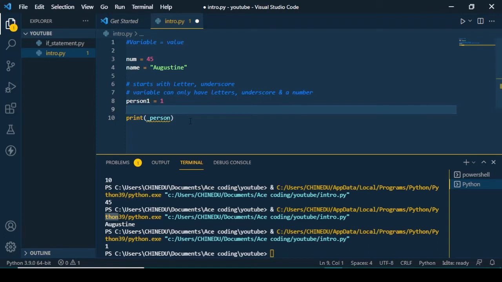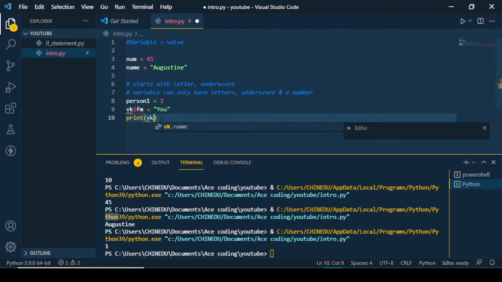It doesn't start with a number. So another thing, your variables can't contain symbols at all. They won't work even if it starts or is in the function. So if I say vk with a symbol, you will get an error somewhere. Maybe I say it is equal to u, and I try to print out vk